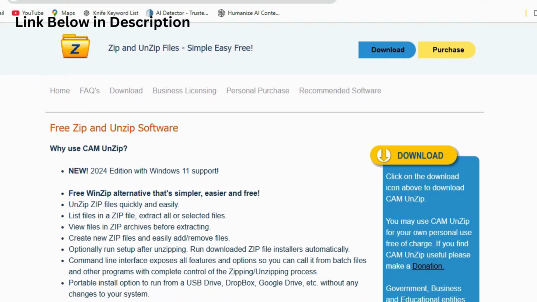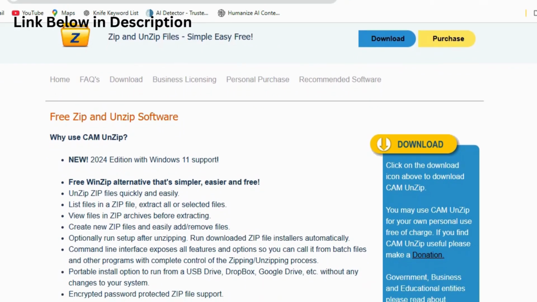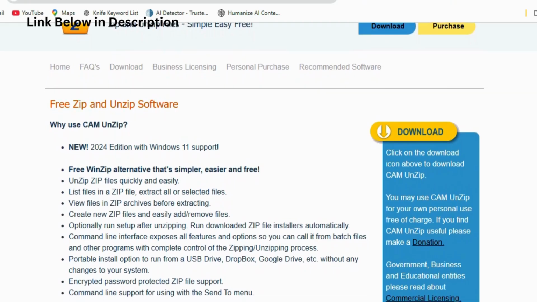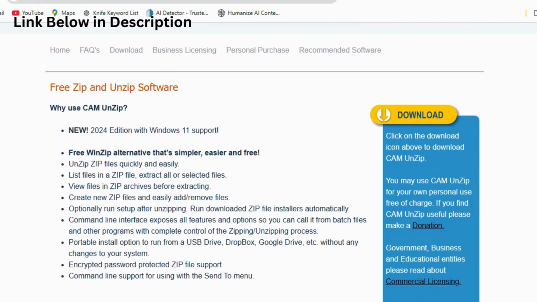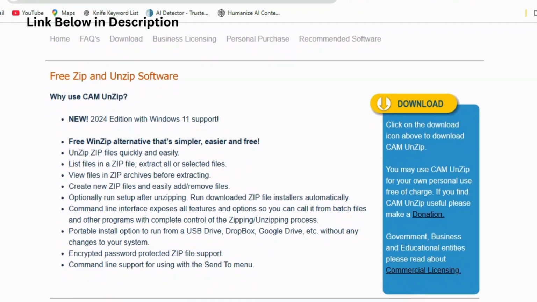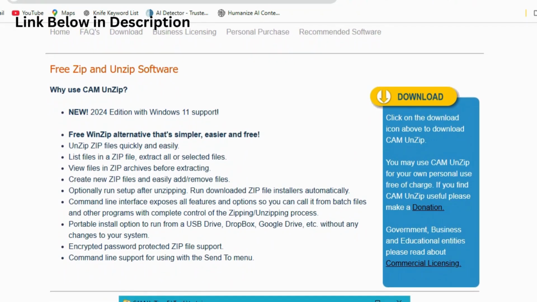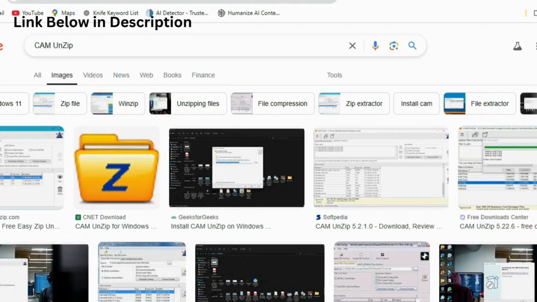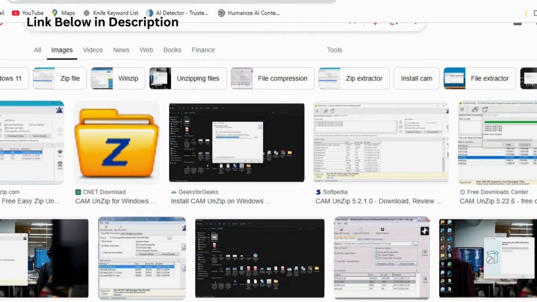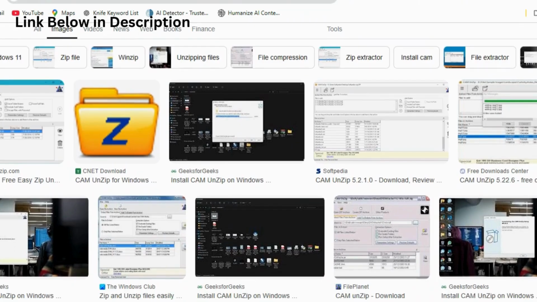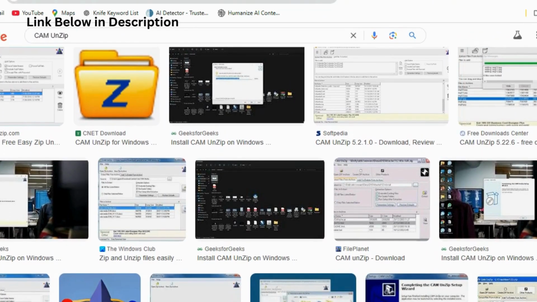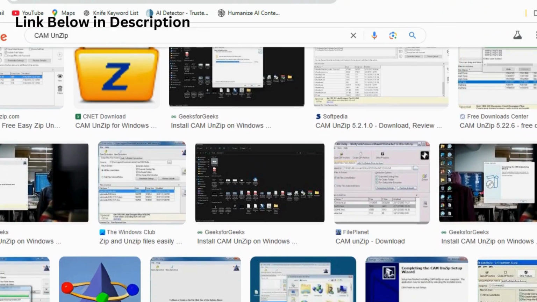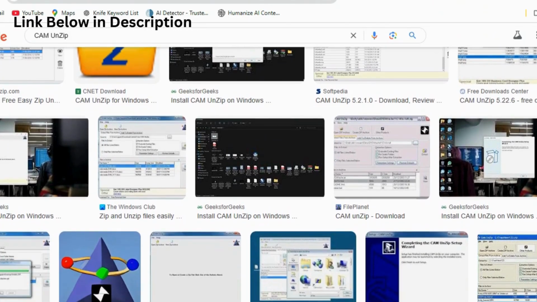and hassle-free. One of the standout features of CAM UnZip is its ability to extract files from zip archives with just a few clicks. It supports quick and accurate extraction, ensuring that files are unpacked without errors. Additionally, it allows users to view the contents of a zip file before extracting it, giving them control over what files to extract. This feature is especially useful when dealing with large archives where users may not need all the